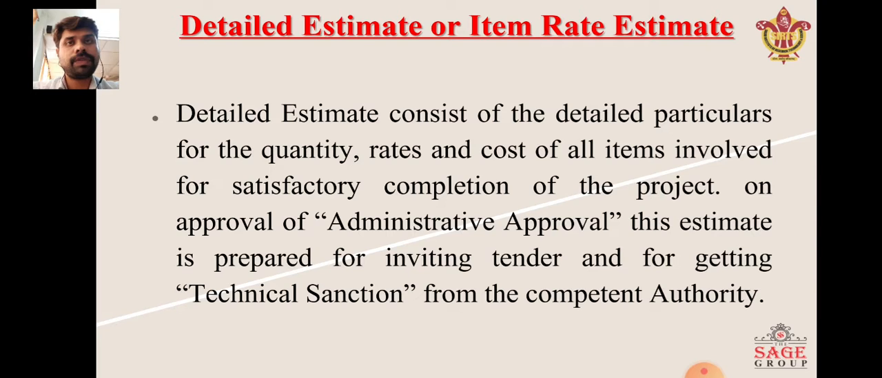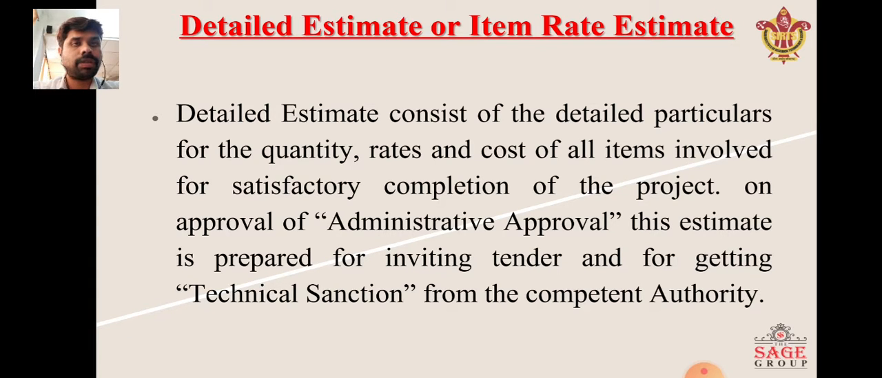The next type of estimate is detailed estimate or item rate estimate. Detailed estimate consists of detailed particulars for the quantity, rate and cost of all items involved for satisfactory completion of the project. On approval of administrative approval, this estimate is prepared for inviting tenders and for getting technical sanction from